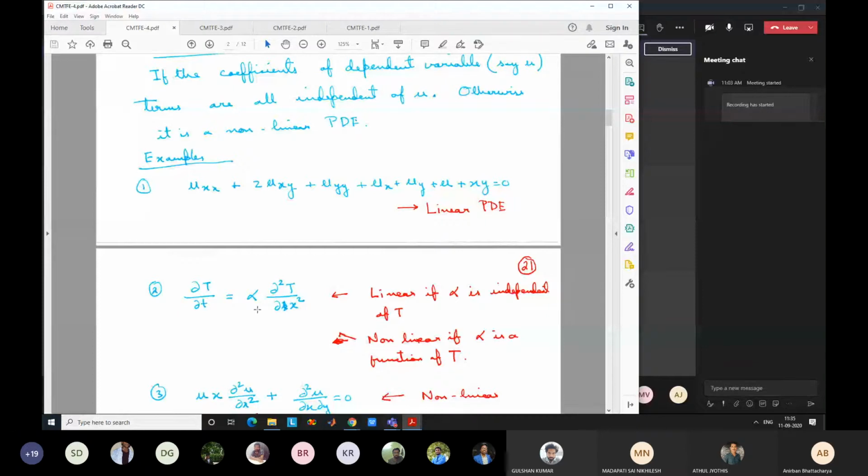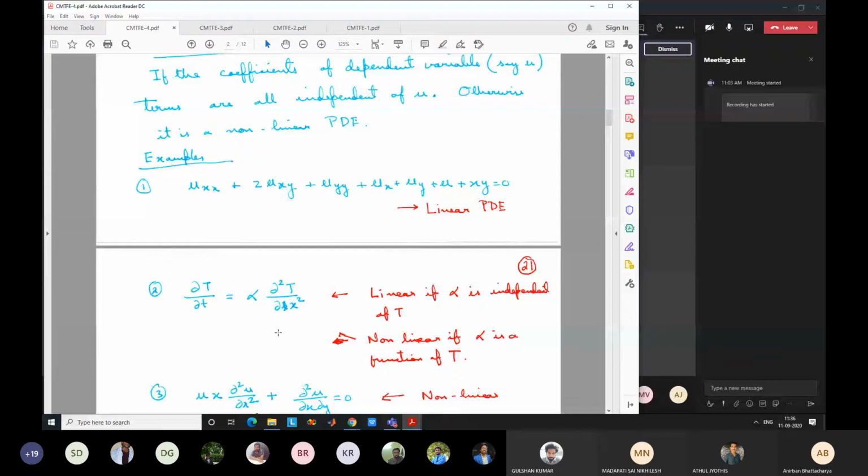Okay, and now the solution becomes difficult because you cannot develop direct strategies. You have to go for some iterative strategy to account for this non-linearity. Okay, so you have to use some older values of temperature here to calculate the new value of temperature, and again keep on doing the iterations. This will be clear later on, but you should know that non-linear PDEs require more complicated solutions as compared to linear PDEs. Hence, knowing which PDE is a linear PDE and which PDE is a non-linear PDE is very important.